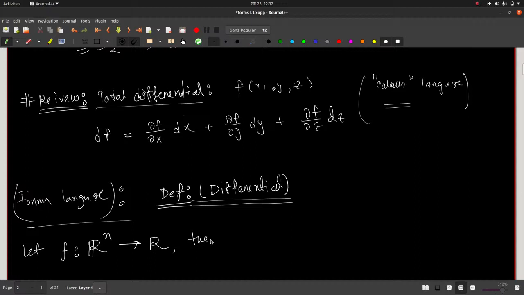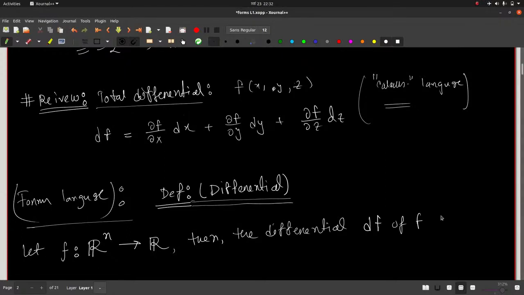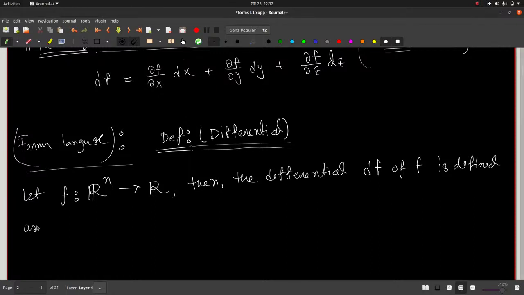Then the differential df of the function f is defined as the one form